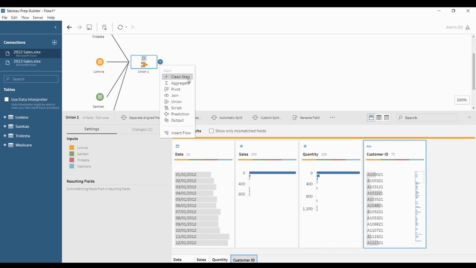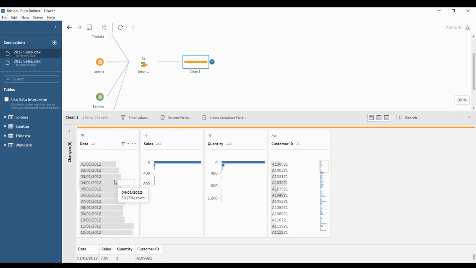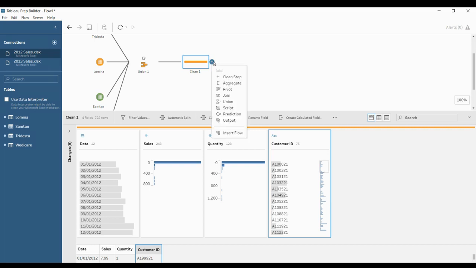If you want to clean data, click on Clean and check what the options are, what you are trying to clean. If you want to segregate this, say A and this number, as two different columns, then you have to go with automatic split or a custom split. So split it, or if you want it just like this, then you can directly proceed with the output flow.